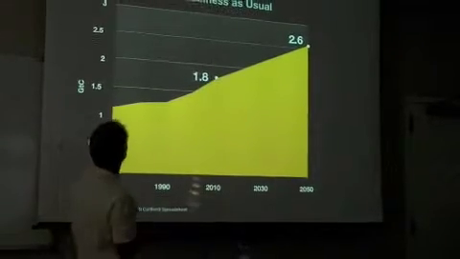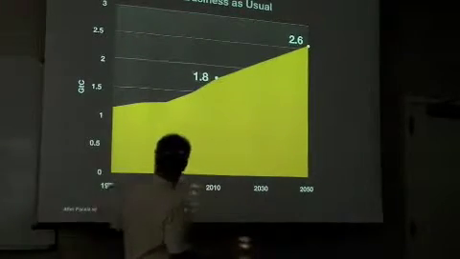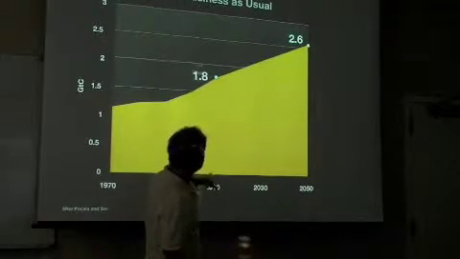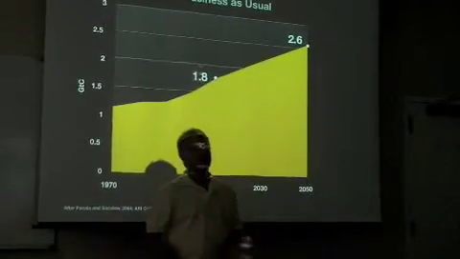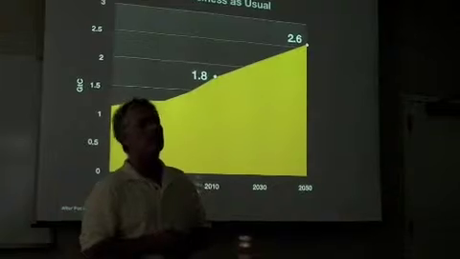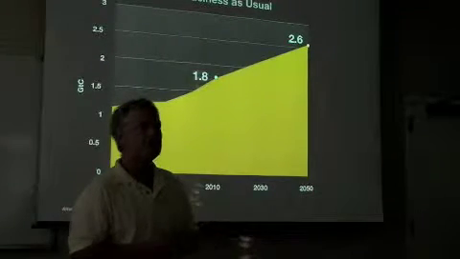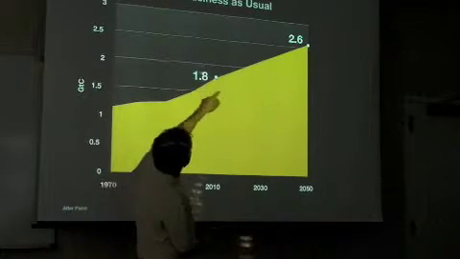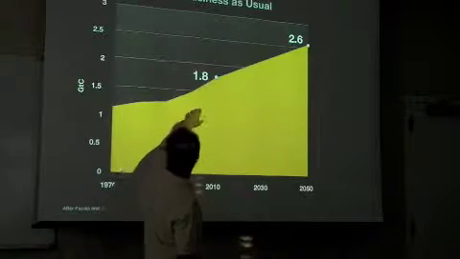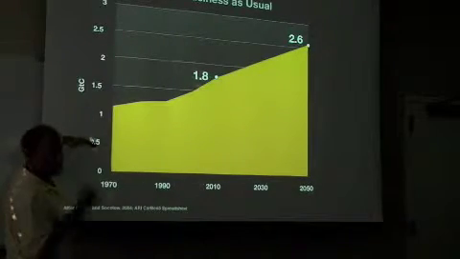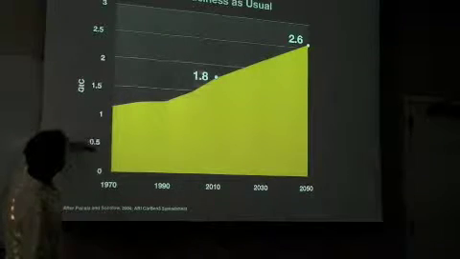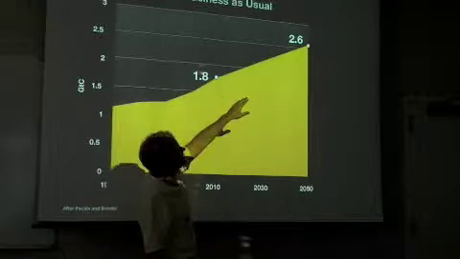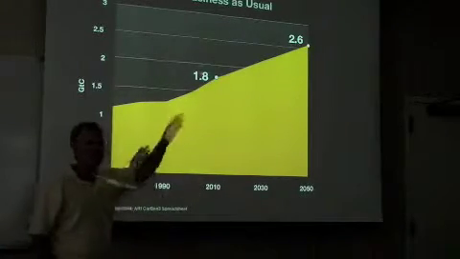Now let me explain it this way. This graph starts at basically 1970. Here we are right now, about 2010. This is 2050. A lot of people feel that if we don't get this problem solved in the next 15 to 20 years, we're in real trouble. So think of it like this. Business as usual, in emissions, shows that we're going to go from emitting 1.8 gigatons, which is a very large unit of carbon, up to 2.6 gigatons of carbon over that time period.